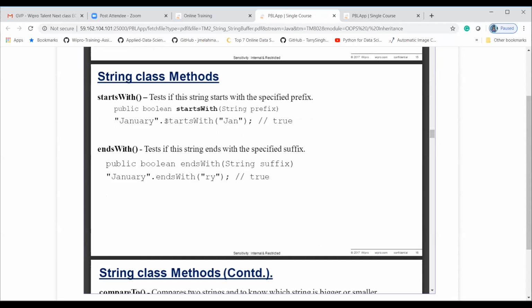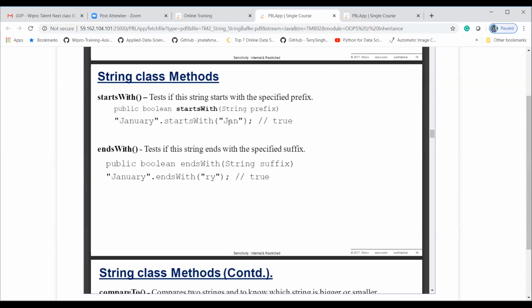In an array, we can find the names which start with "John". startsWith is a method which will check the first characters of each string in that array. Suppose I am trying array name dot startsWith, and the array contains all 12 months, January, February, and so on.